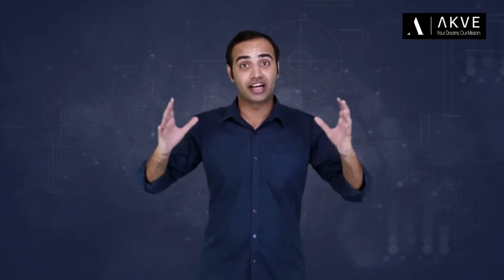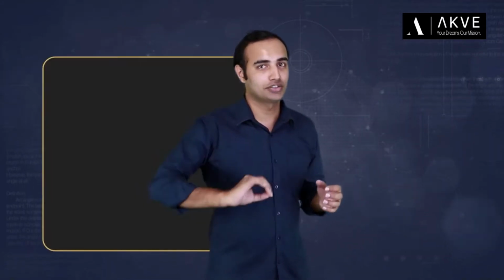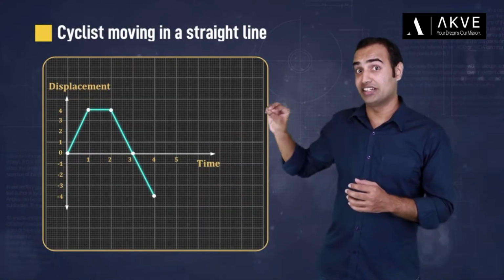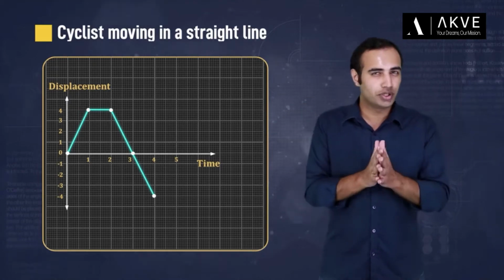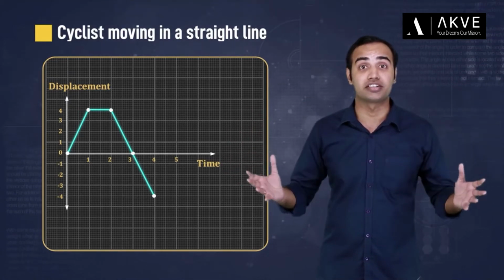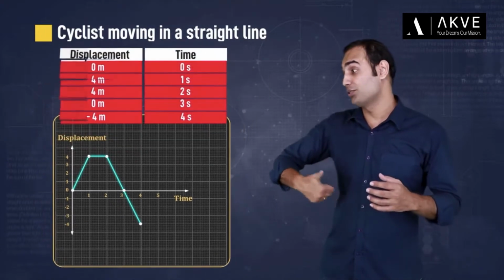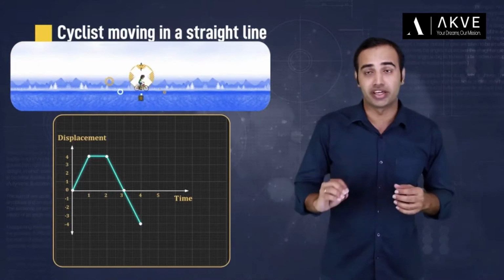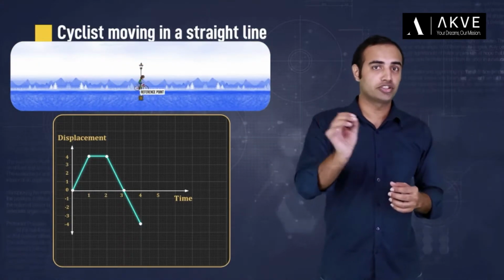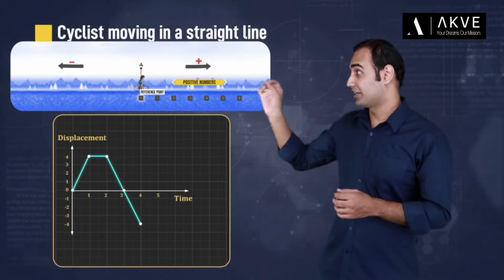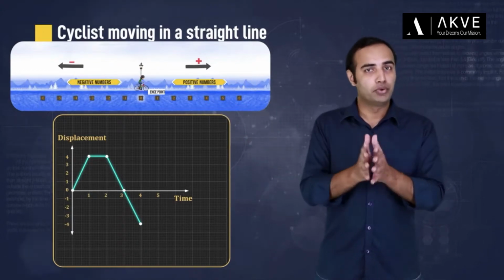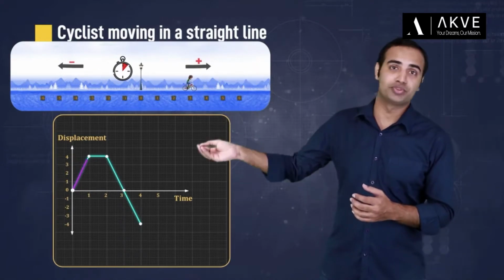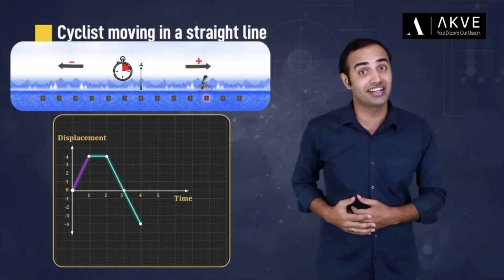Let's go ahead and see how the displacement time graph for this cyclist looks like, which by the way looks something like this. Now, this is a pretty neat graph, and based on this, you can describe the entire motion of the cyclist, which was rather difficult by just looking at the tabular data. Now, assuming that the cyclist began moving at a reference point O, and also assuming our sign convention to be right side positive and left side negative, by looking at the graph I can say that the cyclist covered a displacement of 4 meters towards the right direction in the first 1 second.